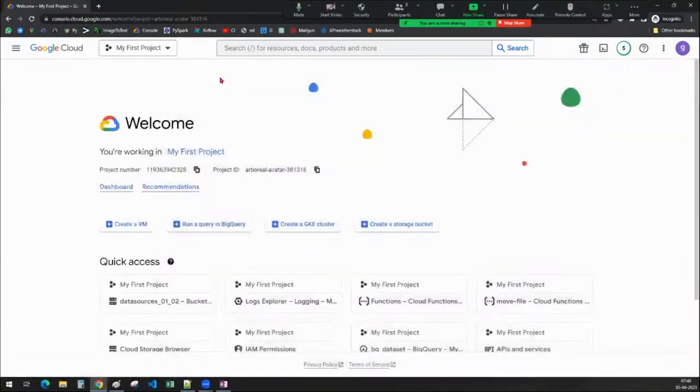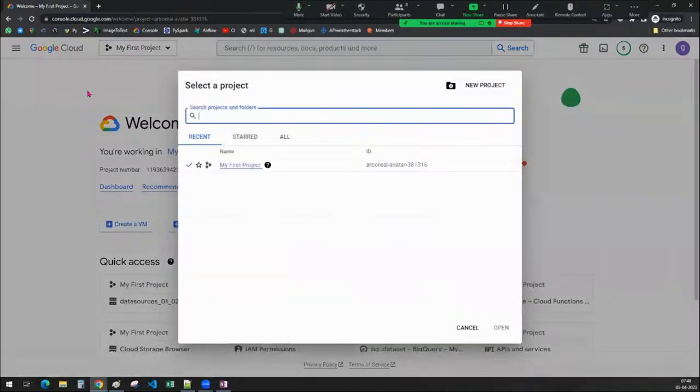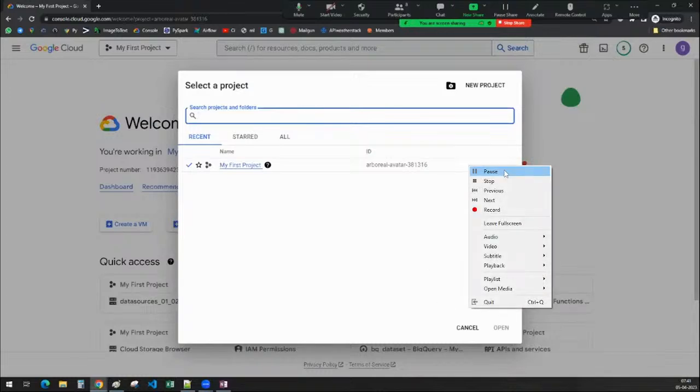And one more thing, everything works by project, guys. This is something we are going to start maybe tomorrow or the day after tomorrow, about what a project is and how to interact with all of these things. We will see it tomorrow, guys. But for now, just understand that when you want to work with any of the services in GCP,